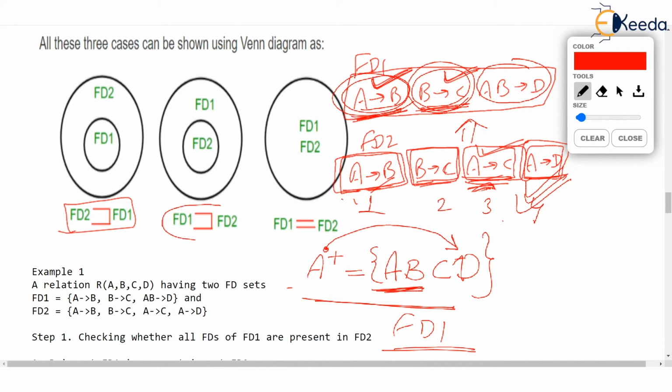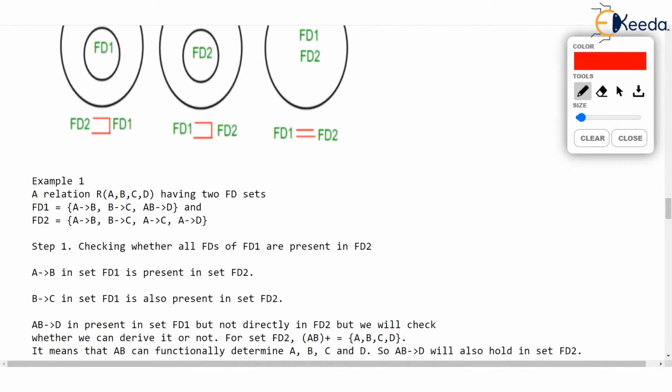Unbelievable, isn't it? There's nothing to not believe. Both FD sets look quite different, but actually both are equivalent. Both mean the same, isn't it? Because both can derive each other. That's what I have explained in this text.